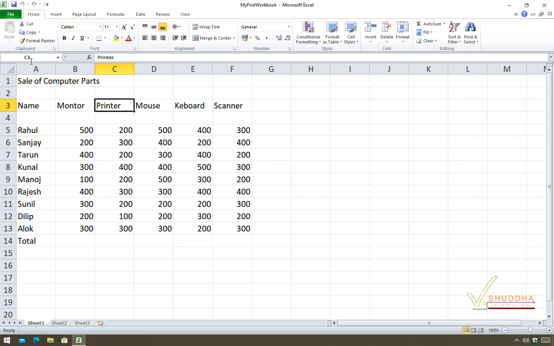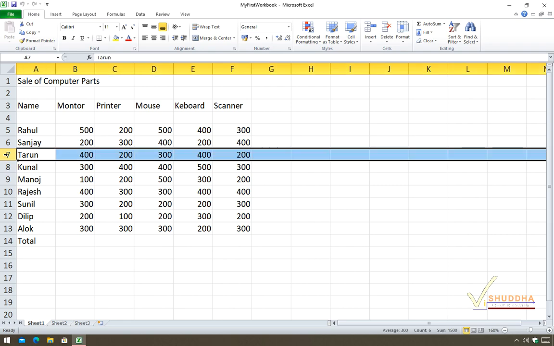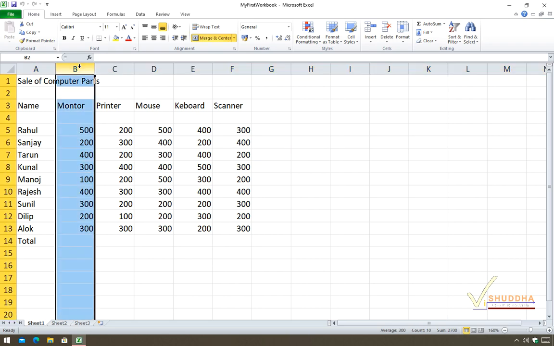So if you use the down arrow, you can see we are able to select the cells below the current position. And similarly, using the right arrow, we can select the cells on the right. Using the left, we can do it for the cells on the left, and so on. Now, in case you want to select the complete row of cells, you can simply click on the row number. And similarly, when you want to select all the cells in a particular column, you can click on the column